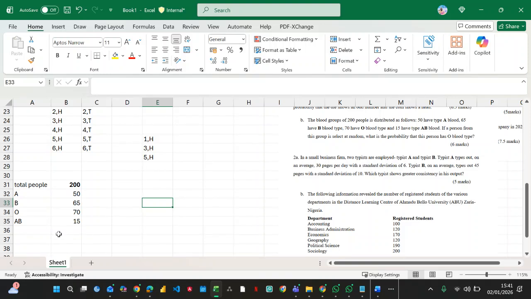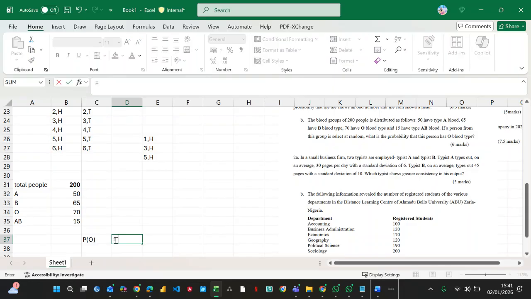So now the question is very simple. You don't have to solve too much. They're asking what is the probability that the person has blood group O. So what is O? O is 70, right? Very simple. So what is the probability? The probability is the number of people with O divided by the total number of people. So all you need to do is say the probability of O is now